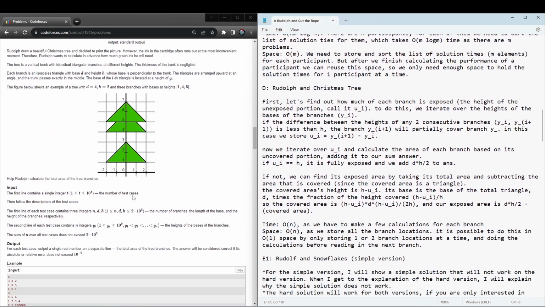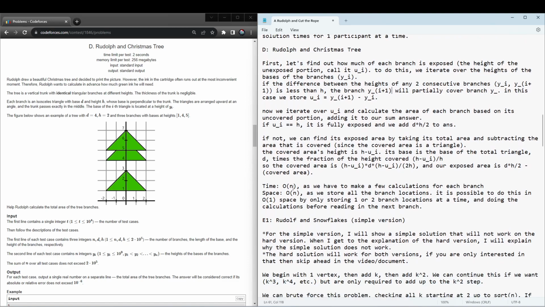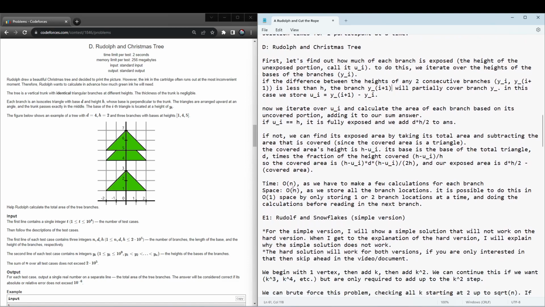Alright, problem D, Christmas tree. The first thing we're going to do is we need to find how much of each branch is exposed. So for this branch, it's 2. The entire height is exposed. For this one, it's only 1, since the height 1 to 2 of this branch is covered by the next branch above it. So in order to find out how much is exposed,